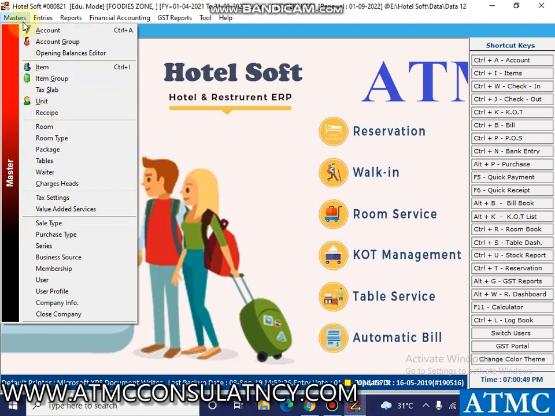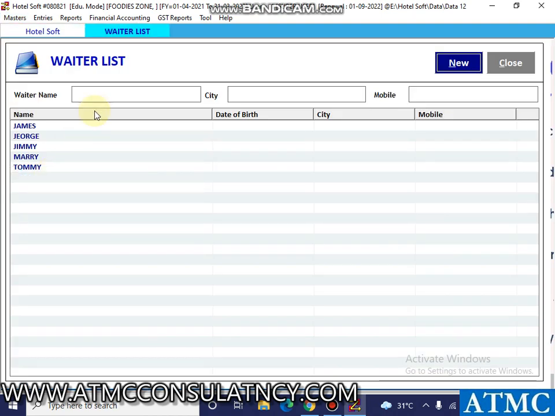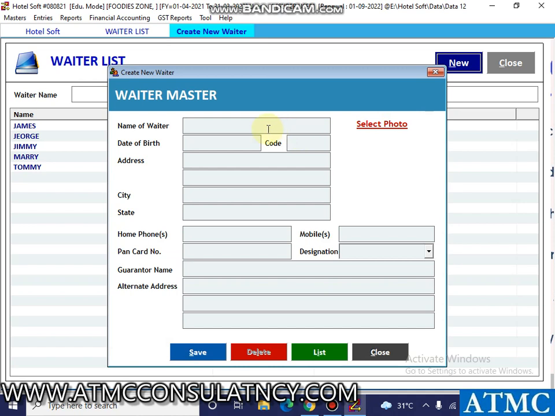Once we are done with it, let me show you how to create the waiters list. To do that, click upon masters and click upon waiter. This will show the waiter list that are already working in your restaurant. To add a new one, click upon new and add the waiter's detail. Supposingly here I write Bunty, and I will add other details, and I can also add photographs by clicking upon select photo, and it will take the photograph over here, and your database will be maintained.